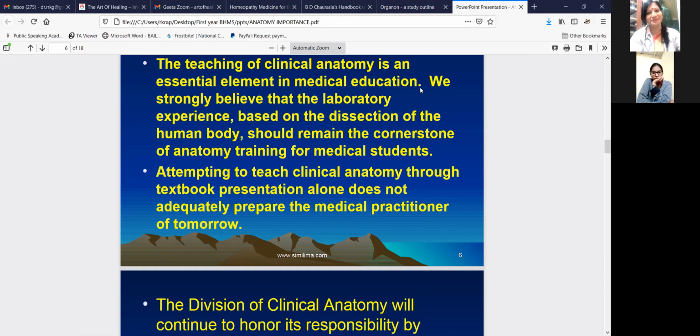Then you have histology. Histology is the study of the microscopical structure of the body, all the tissues, so it is microscopical or histological anatomy. In this way, you have various divisions in anatomy, and you study it through various approaches. Similarly, clinical anatomy is the application of the knowledge of all the structures of human anatomy